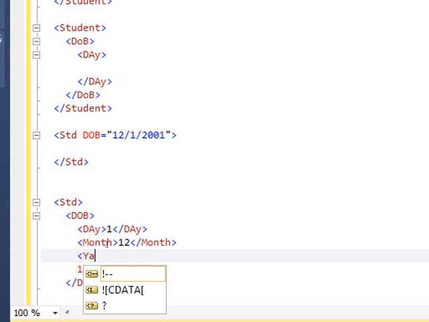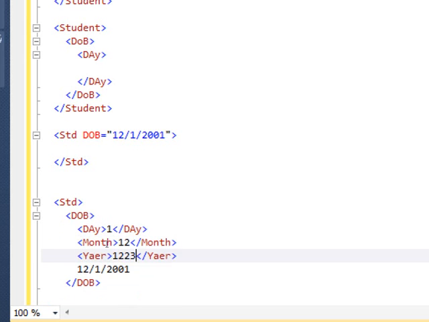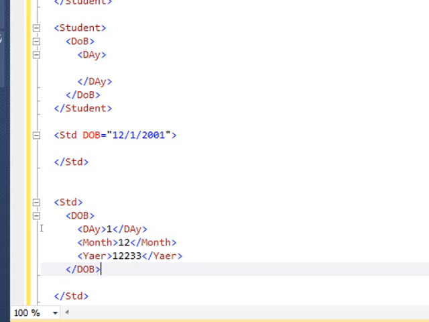Now you notice that it is much easier. Again, you notice that this still represents the date of birth, DOB. But if you try to do this with an attribute, what will happen? In this case, if you want to blow this up, then you have to discard this DOB altogether.